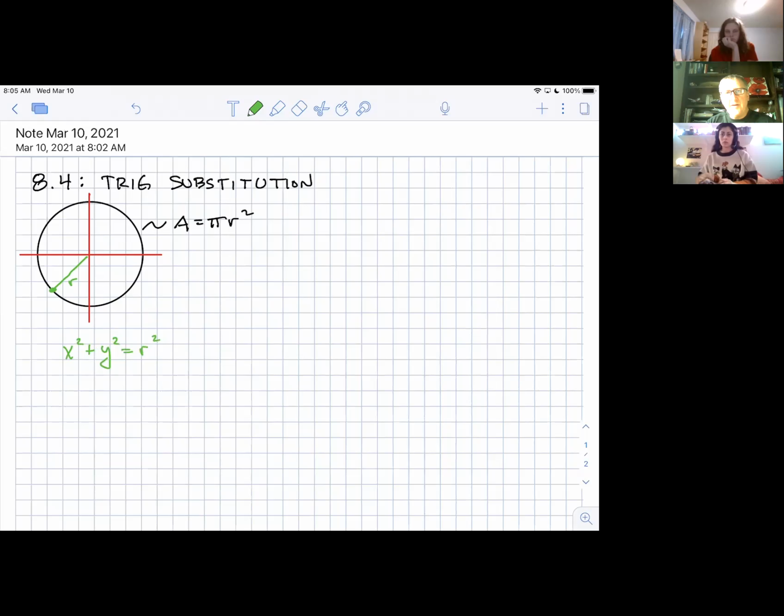That's the equation of that circle. I would like to find the area of this circle. I'm going to make a slice like so, and slide that slice all the way to the right, all the way to the left. I'm just going to find that quarter of a circle up there so that I can multiply this by 4. So the question is,